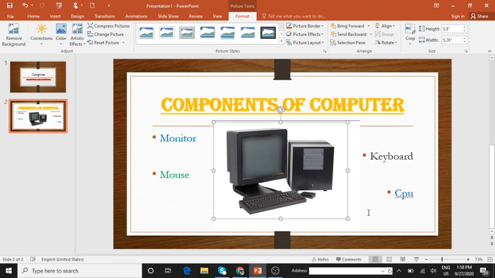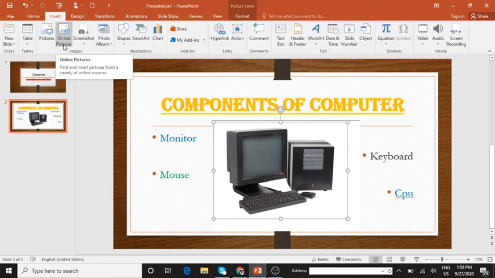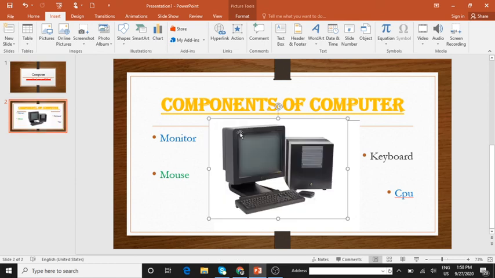Hope all have understood. From your system also, if you have pictures in your system, that also. Otherwise, you can just click on the insert. Here you have pictures and online pictures. If you have internet connection, you can just take it from the internet also. Got it? So with these you can rotate it. This one is for your rotation and this is just resizing it. Okay, to which size you want, you can resize it.